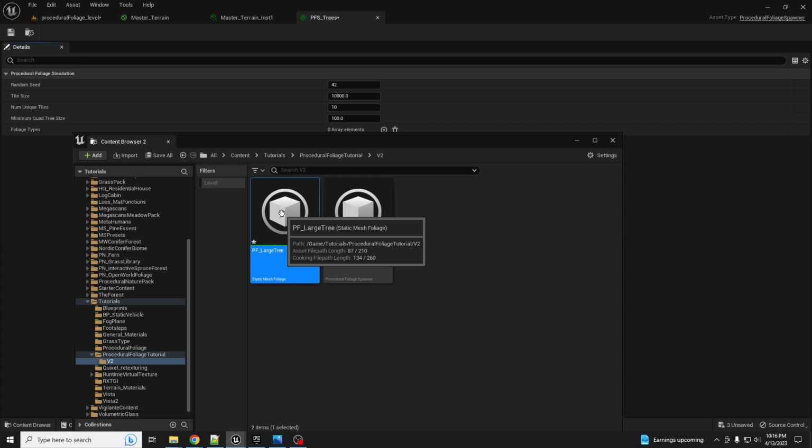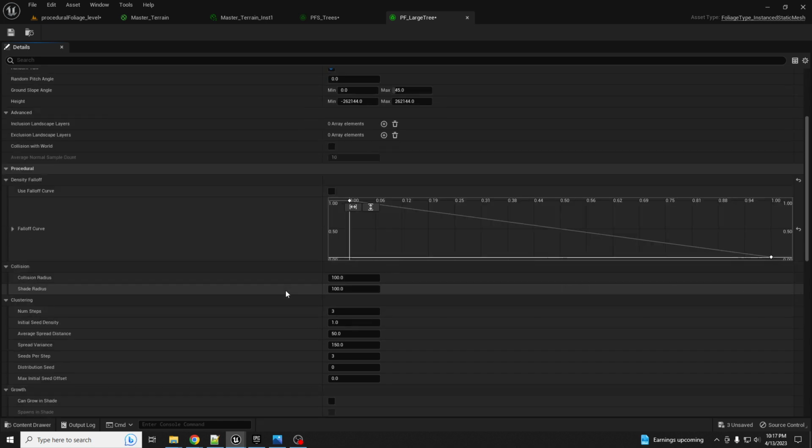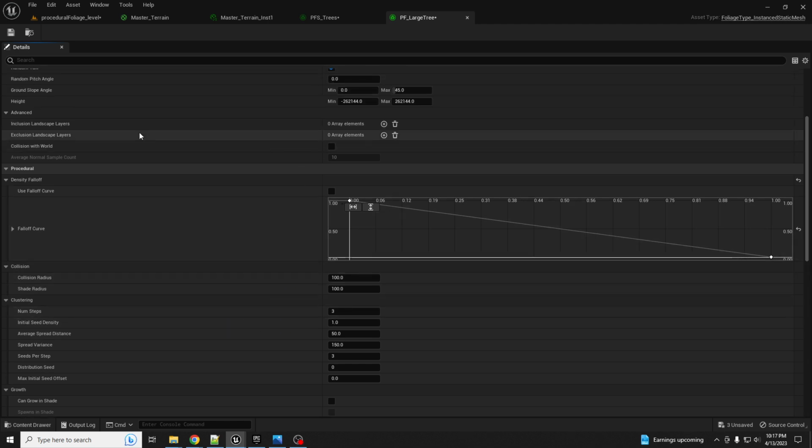So the large tree, I'm just going to open this up. Right off the bat, whenever you create this, the default settings are a great place to start. I usually don't change much when it comes to this. I mostly just focus on aligning to normal, then the seed density, and the inclusion and exclusion landscape layers